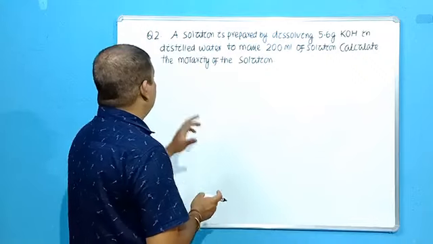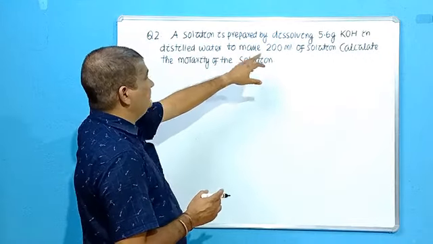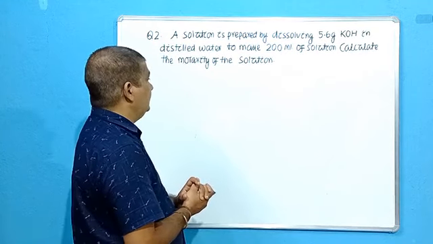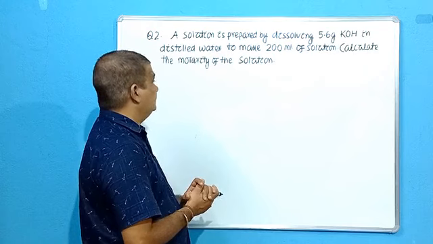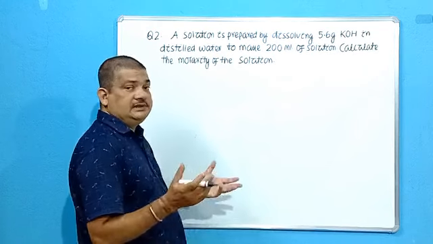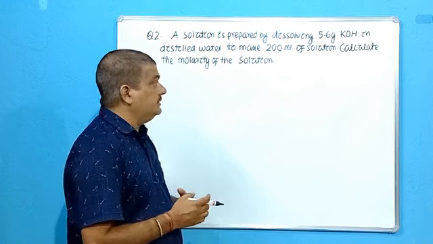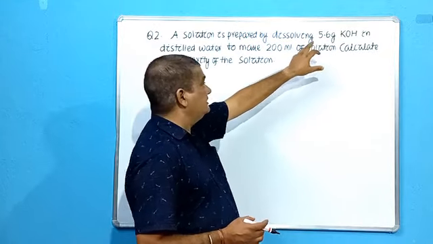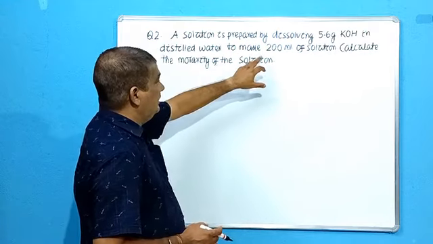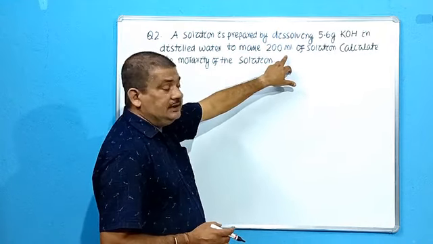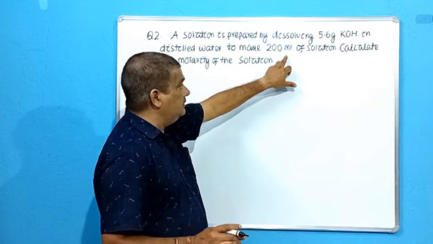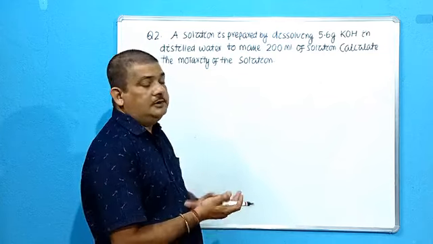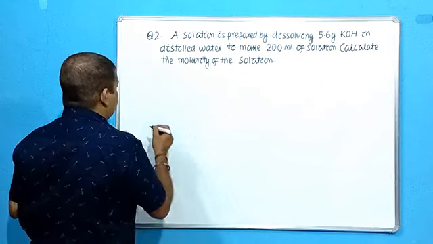So next students we will go to question number 2. What is the question number 2? Now a solution is prepared by dissolving 5.6 gram potassium hydroxide in distilled water to make 200 milliliter of solution. Calculate the molarity of the solution. So everything what is required for the answer is given here. So solute here is potassium hydroxide. Its mass is given in grams. Then volume of the solution in milliliter is given, 200 milliliter. That is V is given to you. W is given to you. And you know how to calculate M, molar mass of potassium hydroxide.